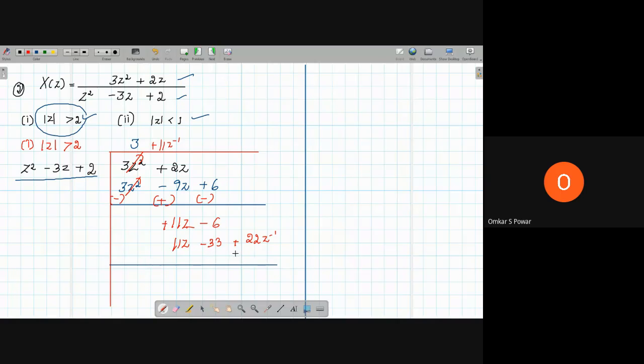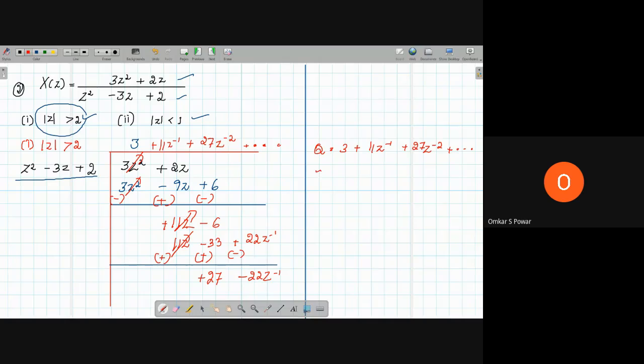Now what you have to do? You have to change the sign. So plus to minus, minus to plus, and plus to minus. These two cancel off, and what we get here is plus 27 minus 22z to the power of minus 1. What do you have to multiply to get 27 with z to the power of 2? You have to multiply by 27z to the power of minus 2. If I get 3 terms that is more than enough, so let me take the inverse. What is our quotient here? 3 plus 11z to the power of minus 1 plus 27z to the power of minus 2, and so on.